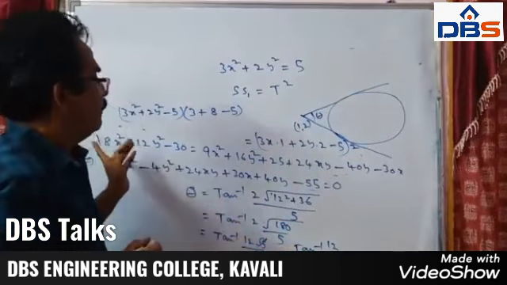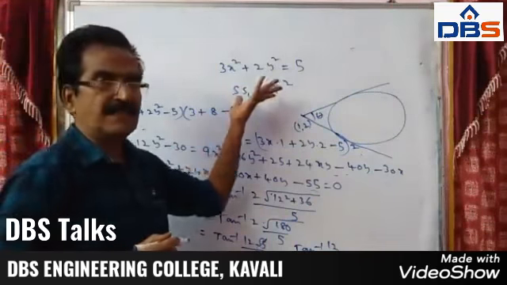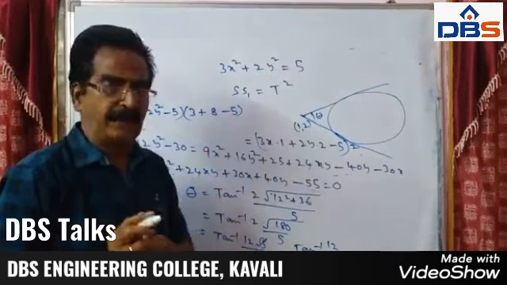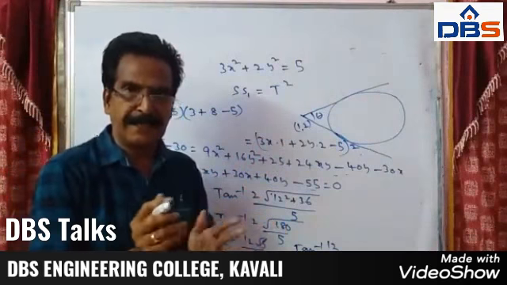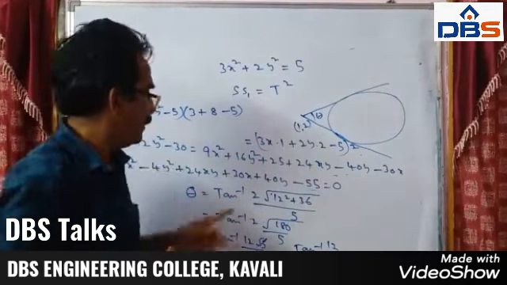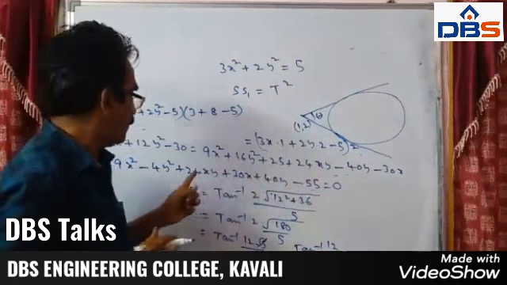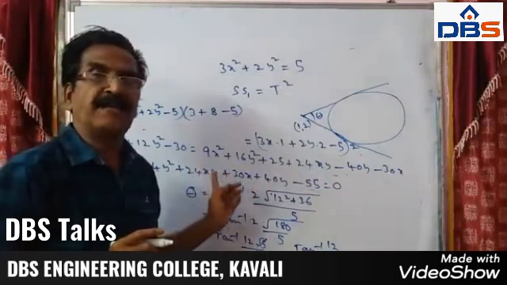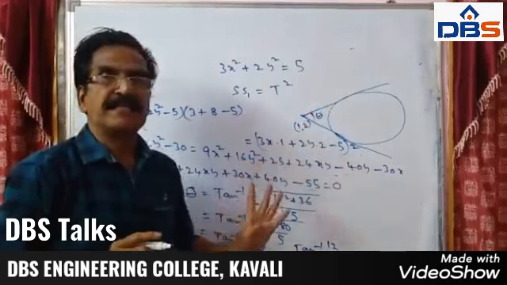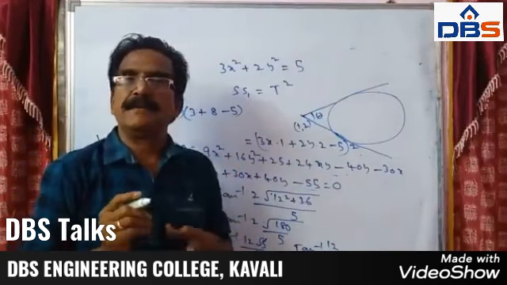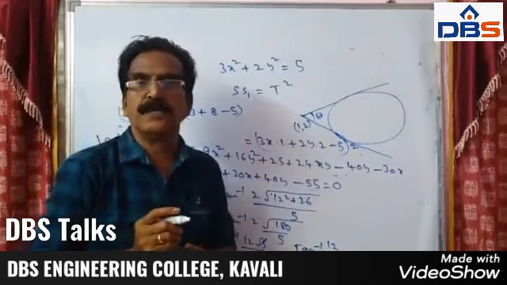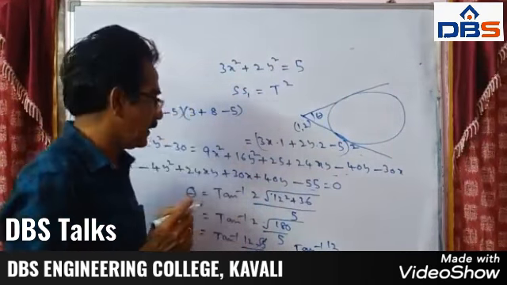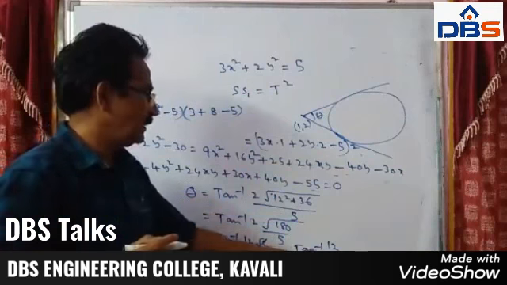Okay friends, find the equation of the pair of tangents carefully by doing the multiplication process and the subtraction and addition process carefully. By doing so, you will get the equation of the pair of tangents. We know the angle between the pair of tangents: tan theta is equal to 2 root h square minus ab by a plus b. Accordingly, we got this angle.